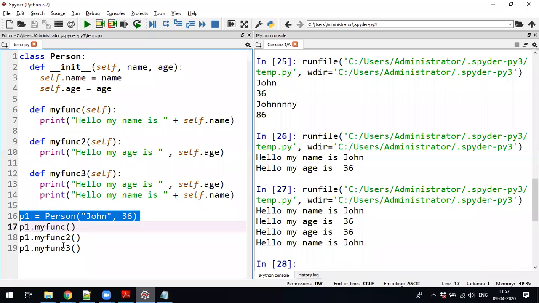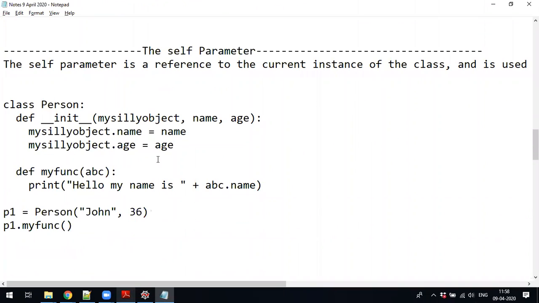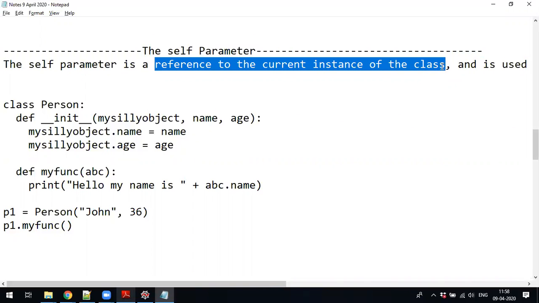This is how you can handle the classes in Python. The self parameter is nothing but a reference to the current instance of the class.